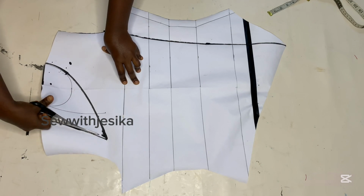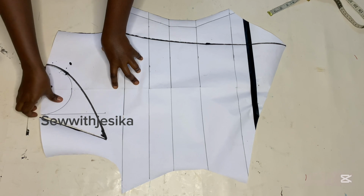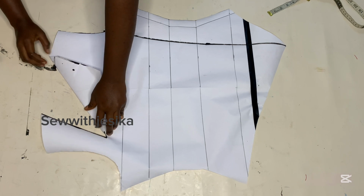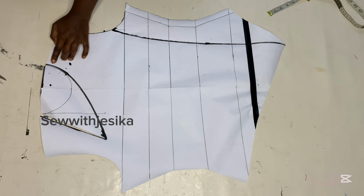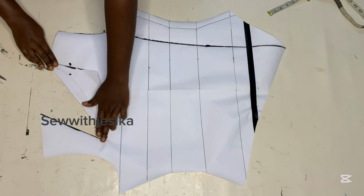Now we'll cut through one side of the neckline just as seen, and this is basically everything for the neckline. So by the time we fold this part down, this is what we are going to have. We are going to have the neckline that we have in the style inspiration there, but I'm going to notch this second neckline. We are not going to cut it open, but we are going to notch,